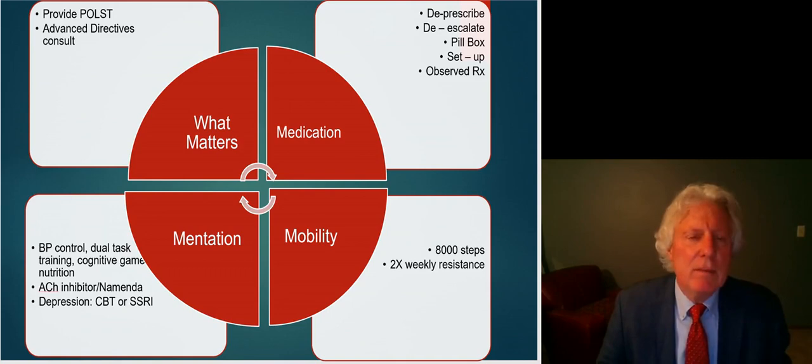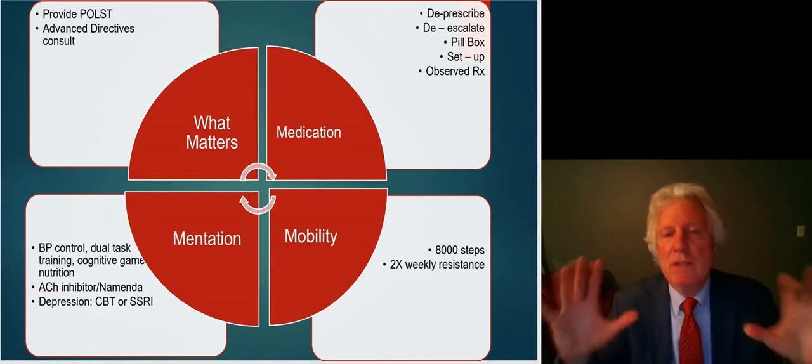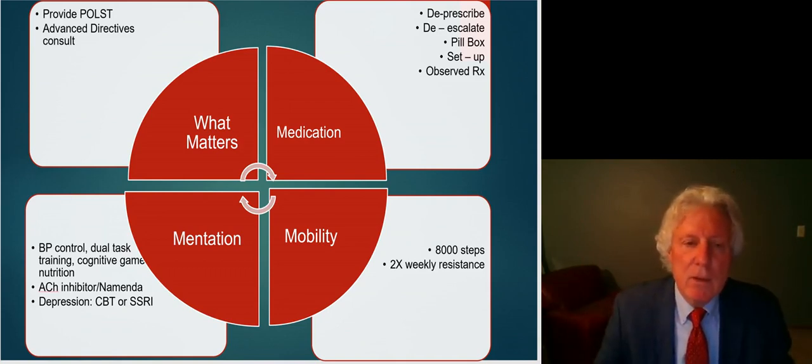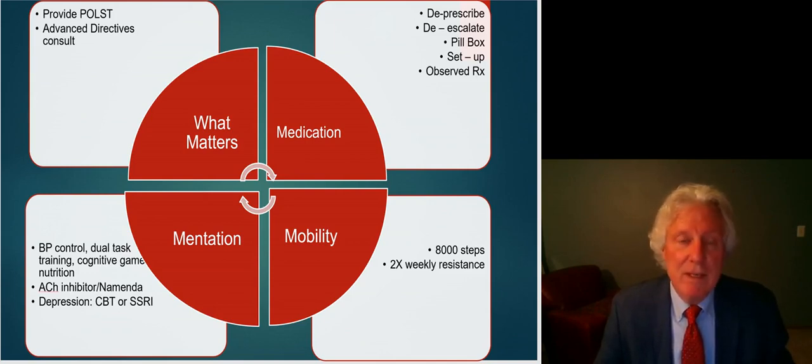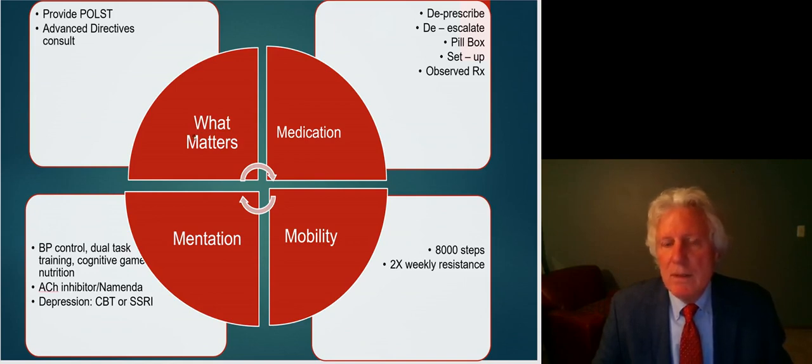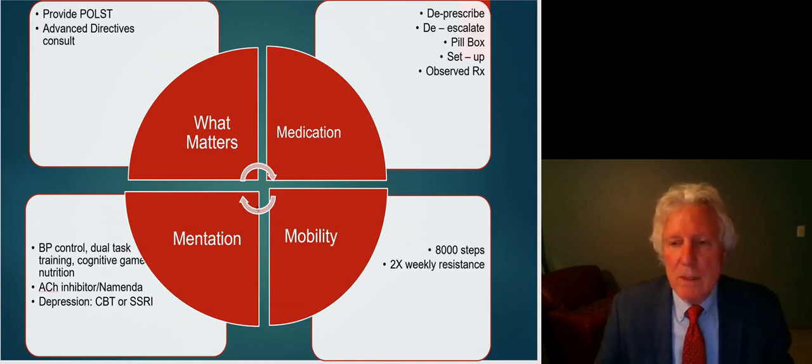They say, "Oh, my psychiatrist prescribed that to me. Don't touch it. Don't touch it." You, as primary care, have total authorization to change your consultant's medications. And as I say, if as a geriatrician I get spanked for de-escalating medications because it improves safety, so be it. In terms of mobility, if somebody screens negative for fall risk, you can certainly talk to them